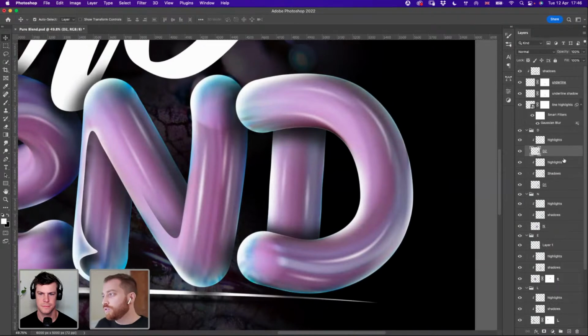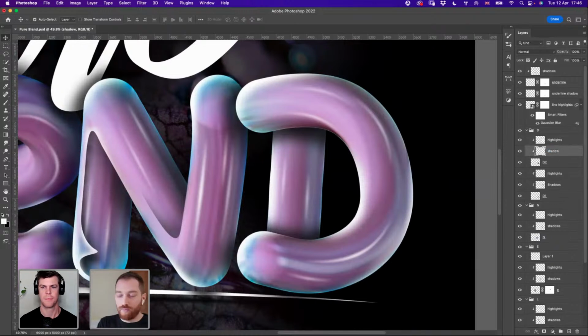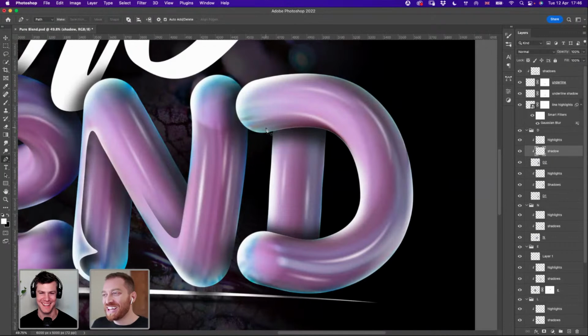We don't have a shadow here, so we're going to add a new layer for shadow. And don't let all the layers fool you. This is a very organized project. Everything has been labeled. Everything is right where it needs to be. I wonder if you're going to say the same in the end. It will be worse. It's just going to get worse, folks.